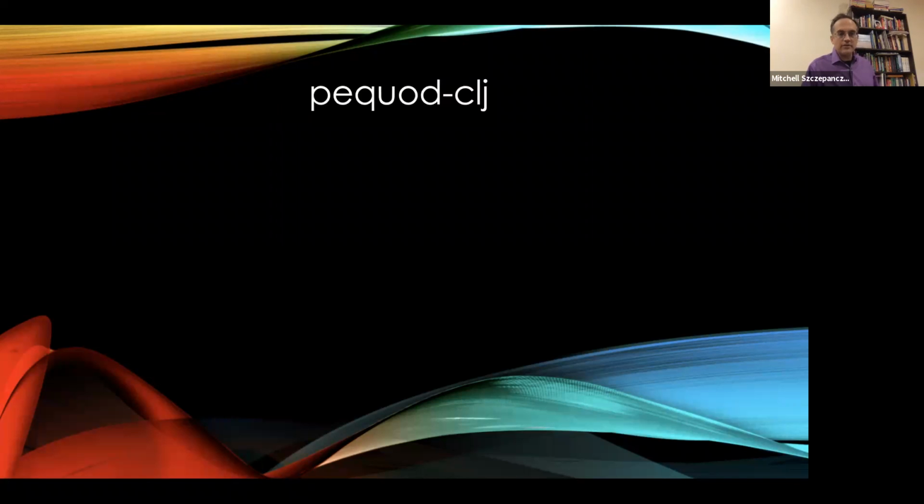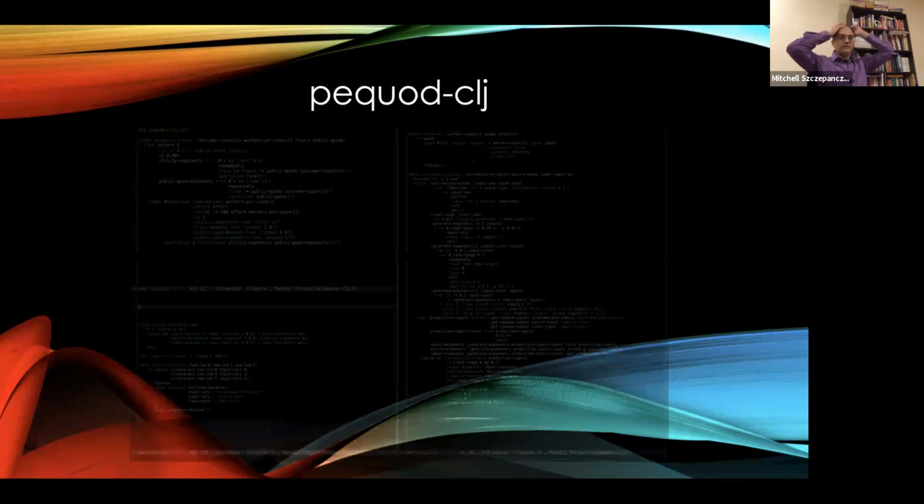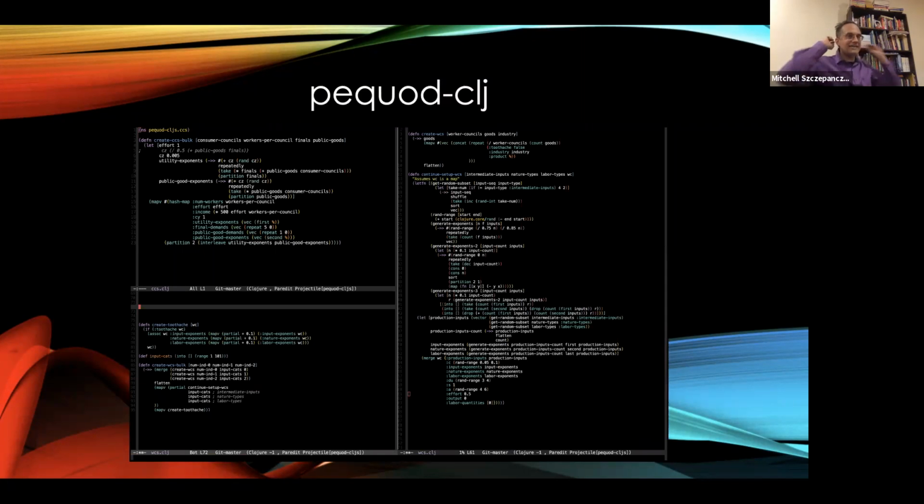We want to go here. So I adapted the code that was used for the simulations in ClojureScript to Clojure. In fact, here is the code that you'll see. It's kind of small to read, but it's basically the simulated code, the code used for generating worker councils and consumer councils in bulk. What we're doing here is determining a set of values, getting random subsets of those values, generating exponents using a lot of rand ranges and rand functions that are used here, and then getting out a map that we then merge into a given simulated